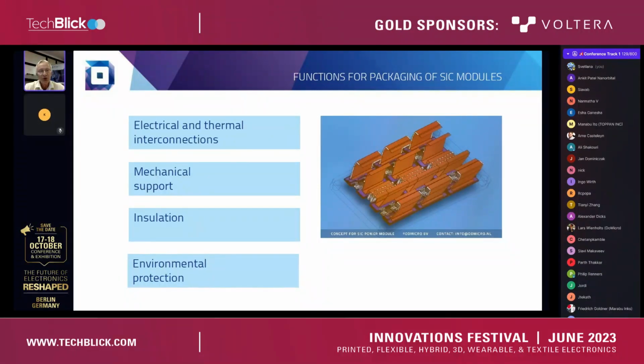First, of course, to be taken into account, given this application, is making the right interconnections, both for the electrical as well as for the thermal field. We are talking about an application with extreme currents, extreme voltages, high switching frequencies,